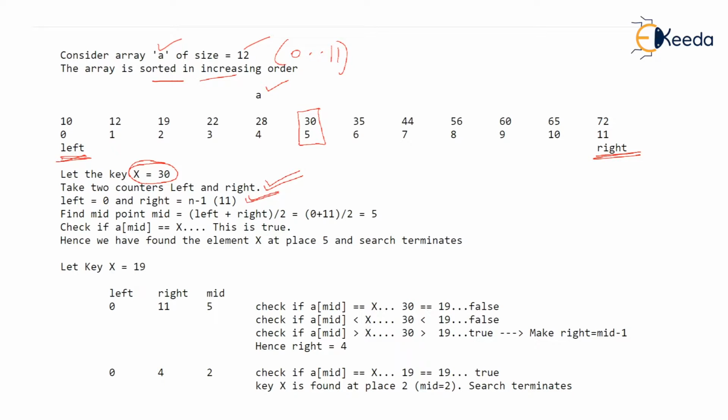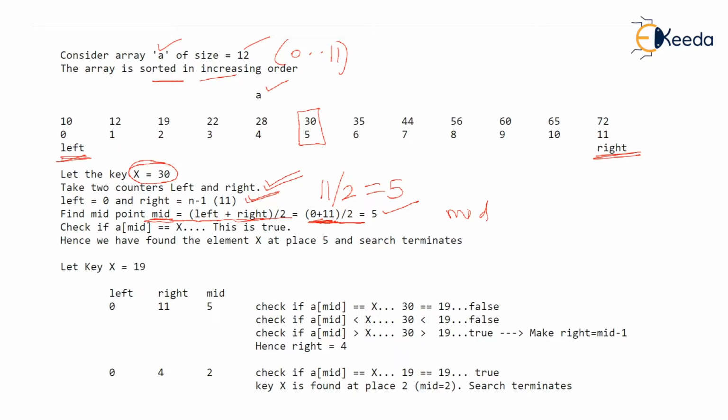Now given this left and right, we will find the midpoint of the array. Let's call it mid. And mid is found by adding left and right and dividing it by 2. So observe that left is to be added with right and then the addition has to be divided by 2. So left is 0 and right is 11. So (0 + 11) / 2 is going to be 11 / 2. And 11 / 2, remember we are talking about integer arithmetic, will not be 5.5 but it will be 5. As mid is 5, I'll better mark it. Here we go. Fifth location is the midpoint.